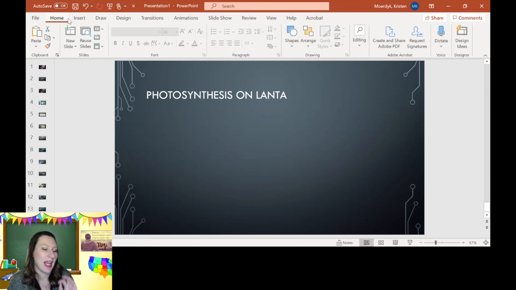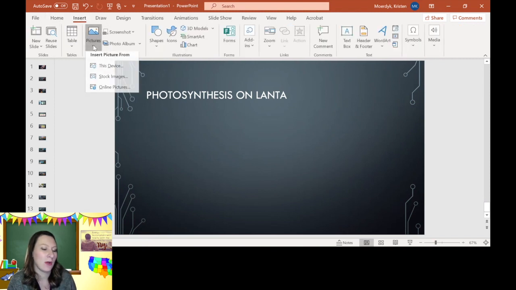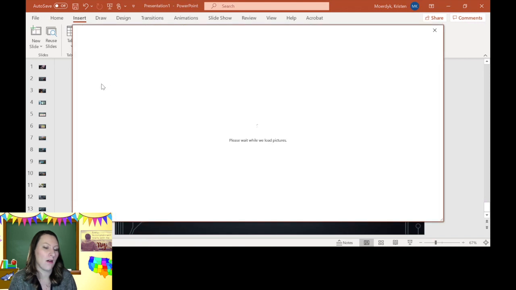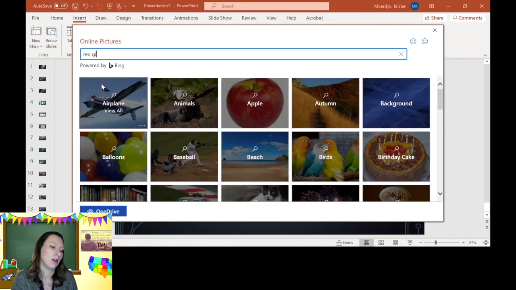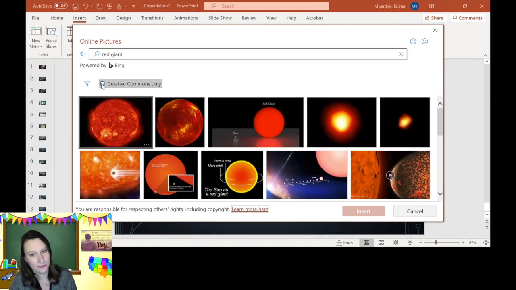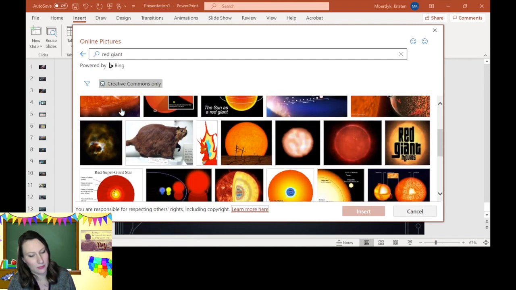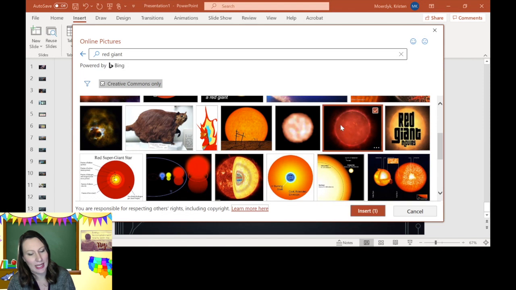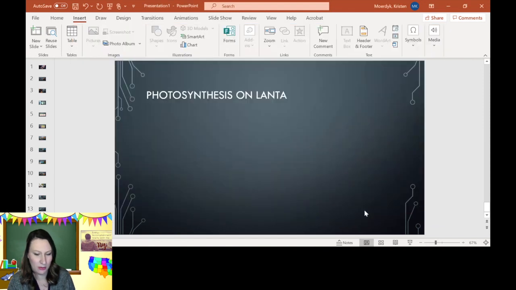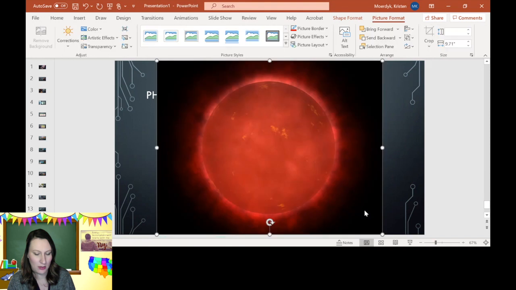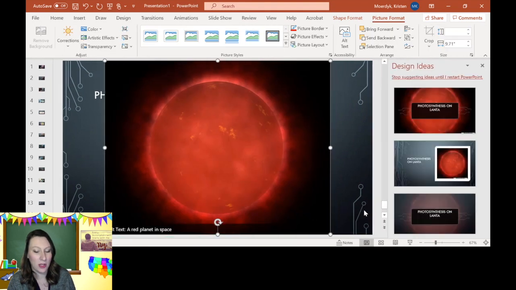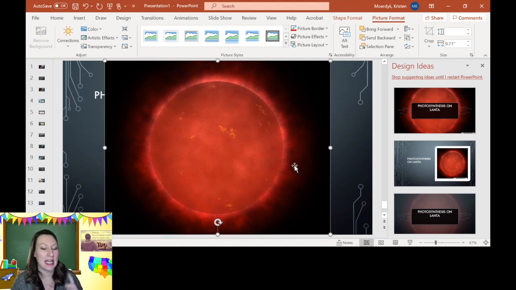I'm not quite at a planetary nebula yet, so I'm going to insert a picture of a red giant. I like that one. That's a cool picture. Okay. Now, once the picture loads, here's something that you can do that's really, really cool, and I love doing it with pictures that are already circles, like stars or balls or globes, is I can click on it, and